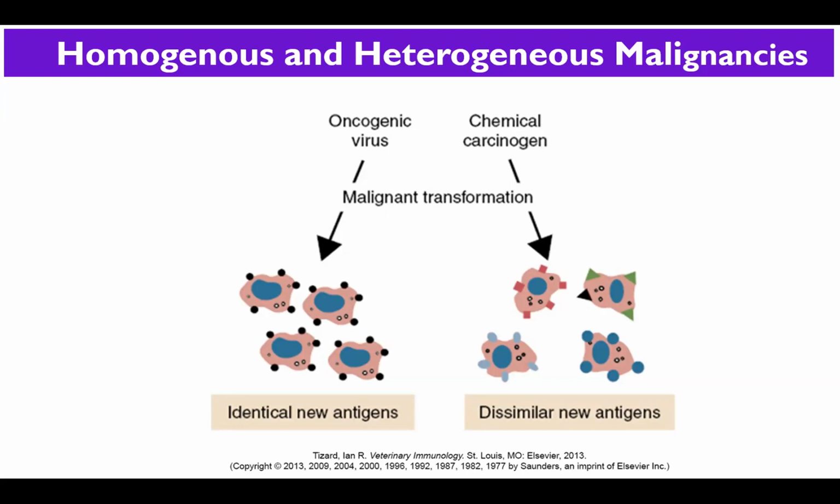On the flip side, if you get exposed to chemical carcinogens, radiation, and so forth, those carcinogens cause random events or random damage to the cell, such that you end up with heterogeneous malignancies. They're not uniform. Okay, and those are much harder to deal with because they have dissimilar antigens, and there's no single antigen or few antigens that you would say are going to be key markers or key targets that you can focus